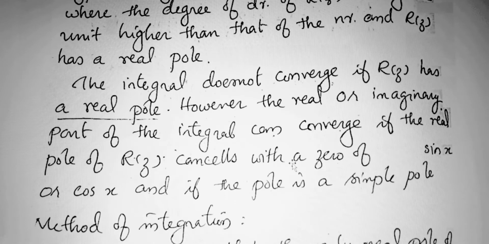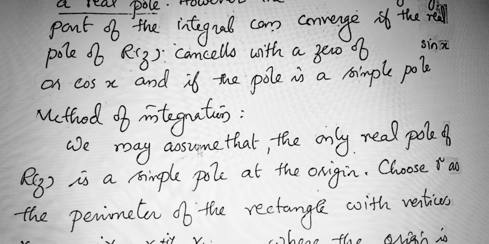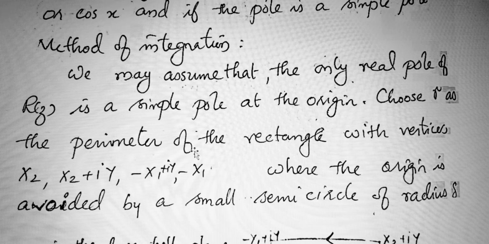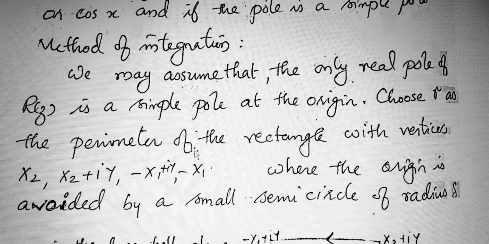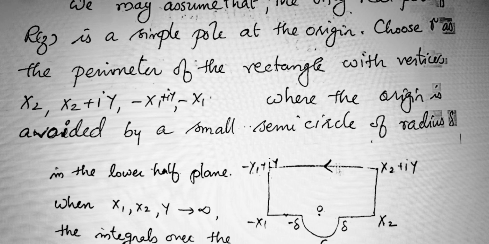However, the real part or imaginary part of the integral can converge if the real pole of r of z cancels with a 0 of sin x or cos x, and if the pole is a simple pole. Method of integration. We may assume that the only real pole of r of z is a simple pole at the origin. Choose gamma as the perimeter of the rectangle with the vertices x2 plus iy, minus x1 plus iy, and minus x1,